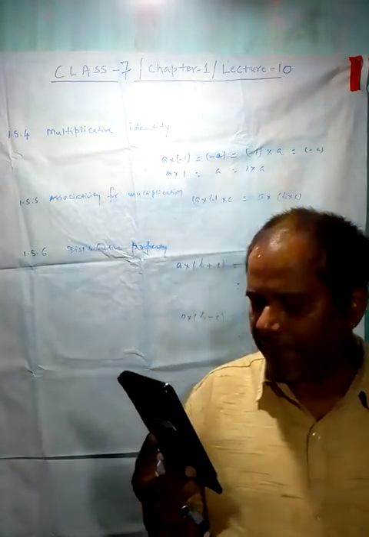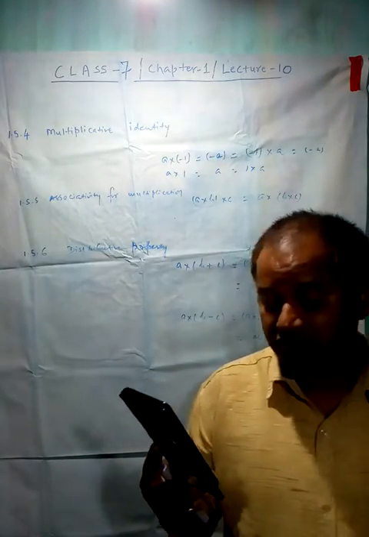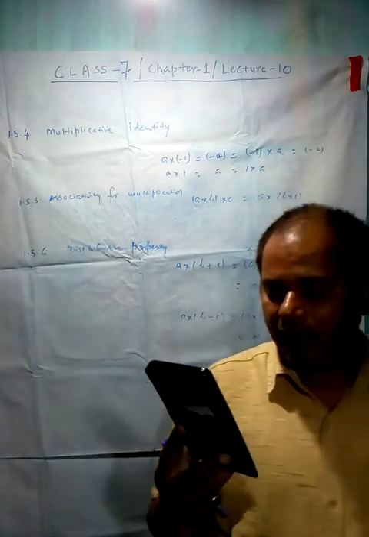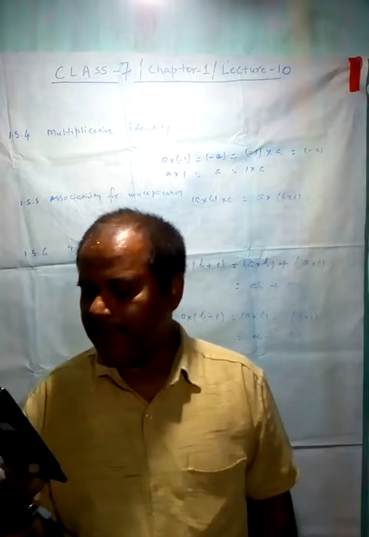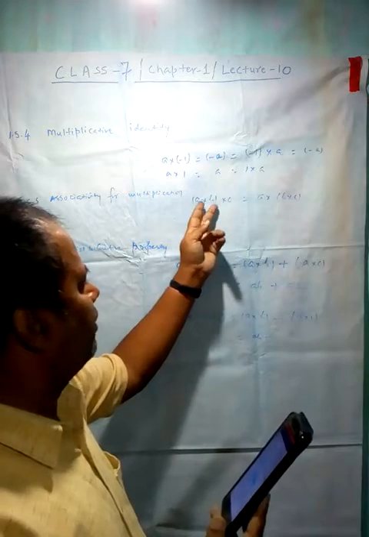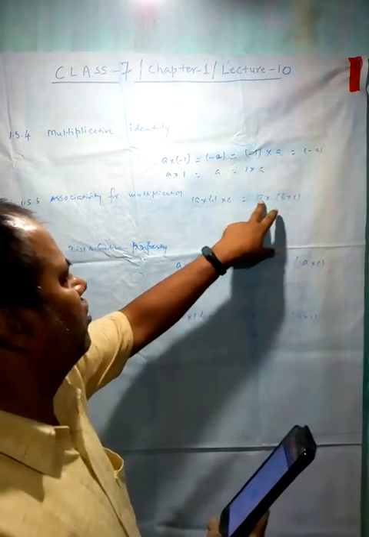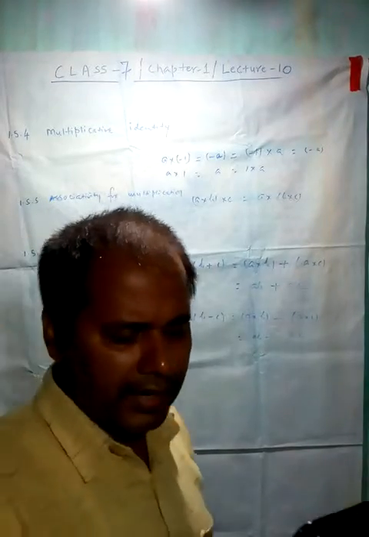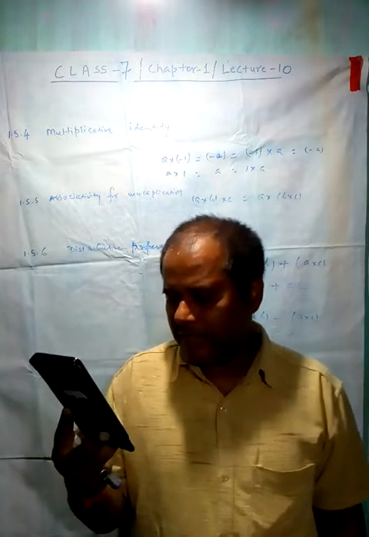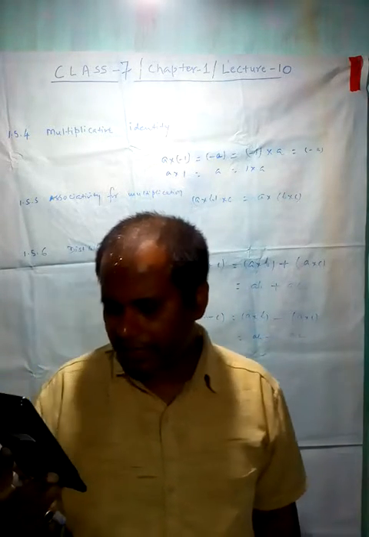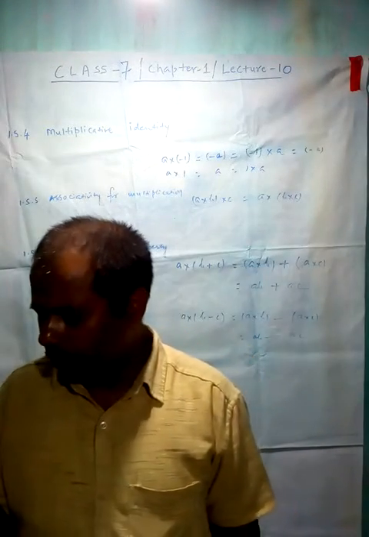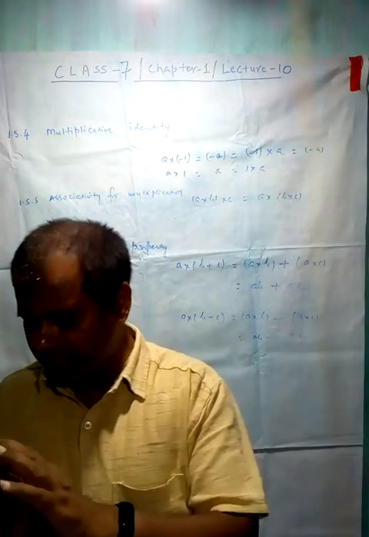Does the grouping of integers affect the product? No. That means the values of both sides will be equal. In general, for any three integers a, b and c, a into b grouped, into c, is equal to a into the bracket b into c. Take any 5 values of a, b and c each and verify this property. Just like whole numbers, the product of three integers does not depend upon the grouping of integers, and this is called the associative property for multiplication of integers.